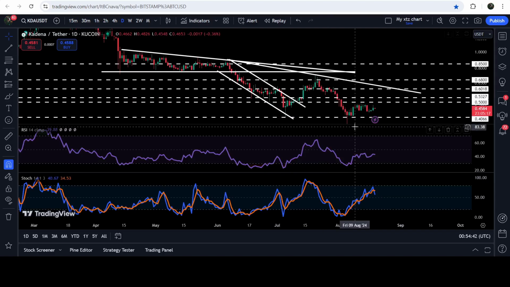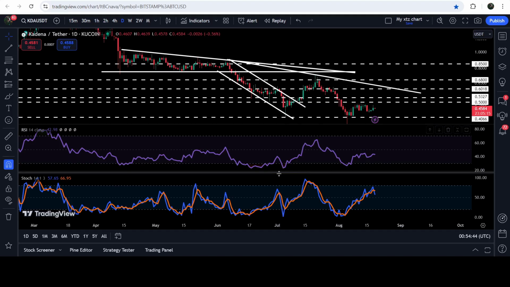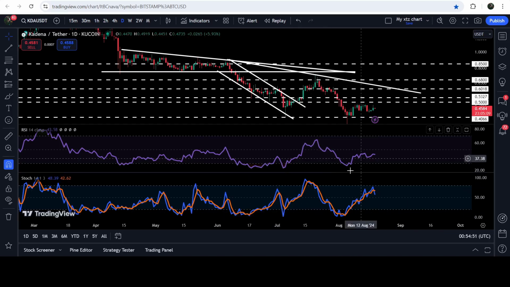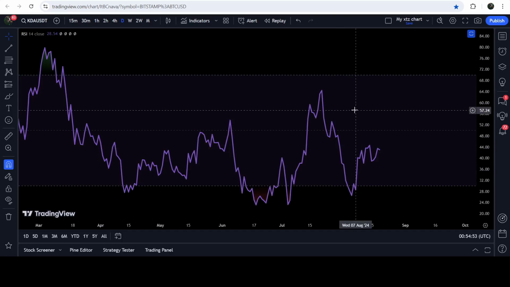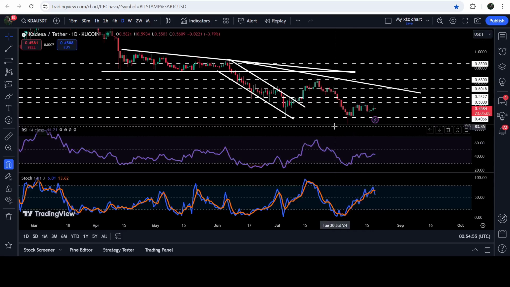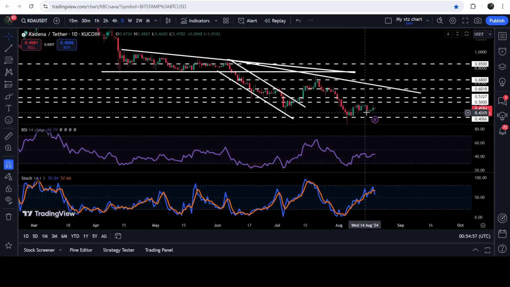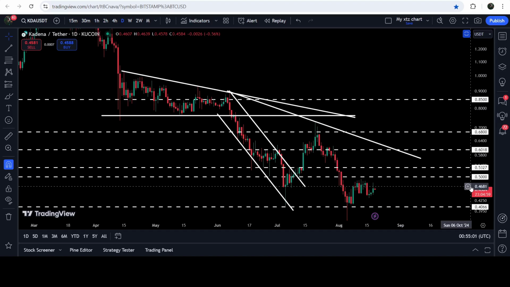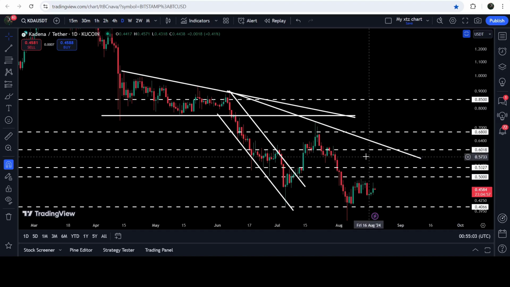At the same time, there was also a double bullish divergence signal flashed as the price line formed a lower low than the previous low, but RSI was forming a higher low than the previous low, and stochastic was also forming a higher low than the previous low, and both oscillators also entered the oversold zone. The price then followed this bullish divergence signal and geared up, and now it needs to break out of this resistance once again. That starts from 50 cents and goes to 53 cents, and then soon it can hit this long-term resistance of